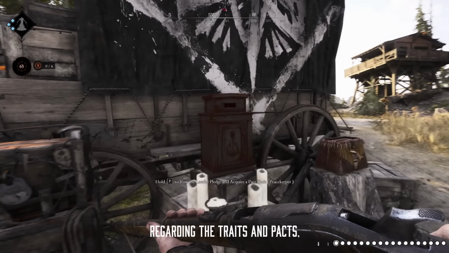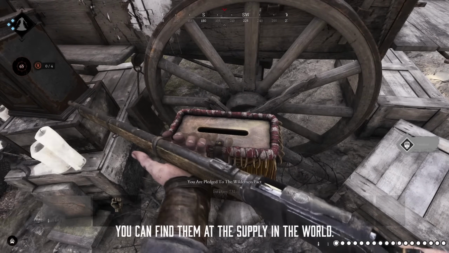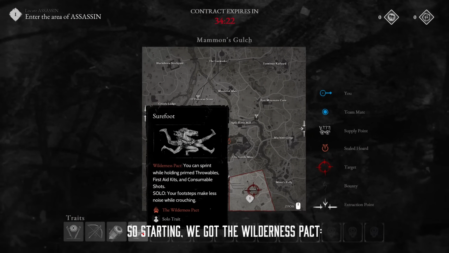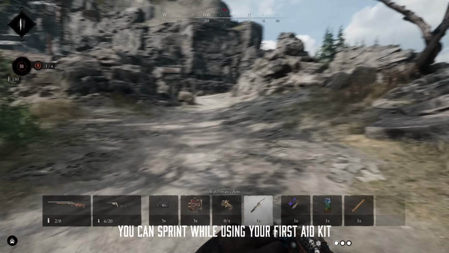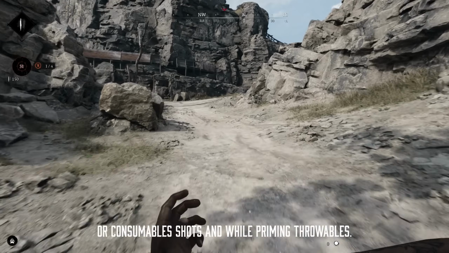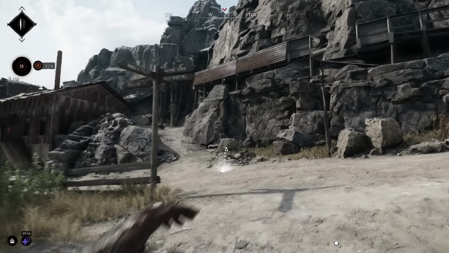Regarding the traits on the pact, it's quite similar to the previous event. You can find them at the supply in the world. So starting, we got the Wilderness Pact. It permits you to restore, revive, or revenge. The pact trait that we got for it is the Surefoot. You can sprint while using your first aid kit, consumable shots, on wheel, priming, and throwables. In addition,